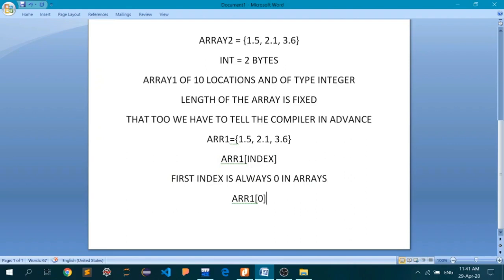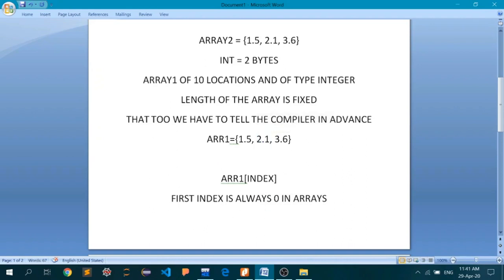This is the valid C syntax for accessing a particular element or data point in your array. That is the name of the array first, then the square bracket start, the index number, and the square bracket close. The location or the index number which I have written here directly points to which data point you want.